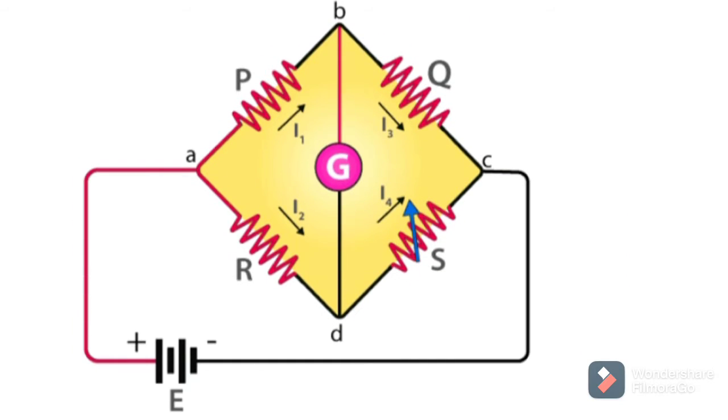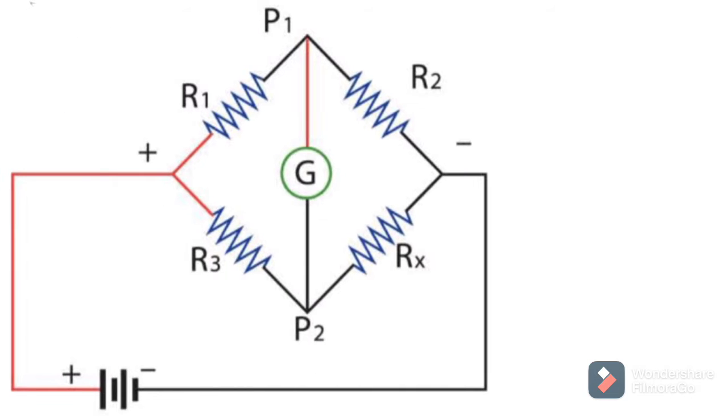So what is the Wheatstone bridge? The device used for the measurement of minimum resistance with the help of the comparison method is known as the Wheatstone bridge. The value of unknown resistance is determined by comparing it with the known resistance. The Wheatstone bridge works on the principle of null deflection. That means the ratio of their resistances are equal and no current flows through the galvanometer. The bridge is very reliable and gives an accurate result.